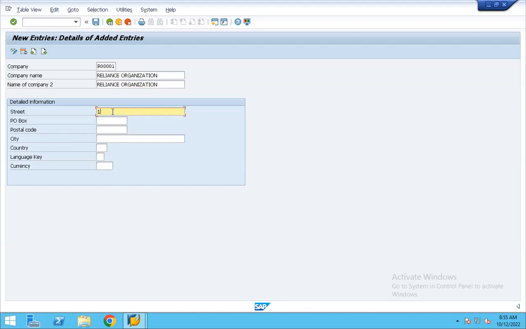Street. And is this us creating a company code? No. We are not creating the company code. We are just creating one banner for the company, and then we will proceed to create a company code. Gotcha, so it's the banner we're creating. Yes, this is just the company banner we are creating.